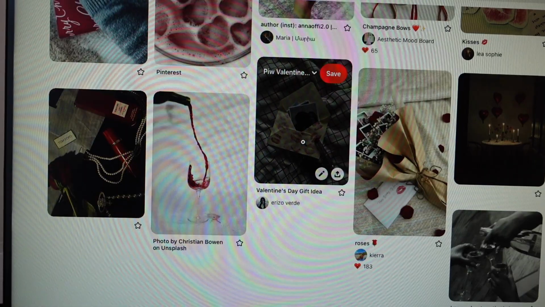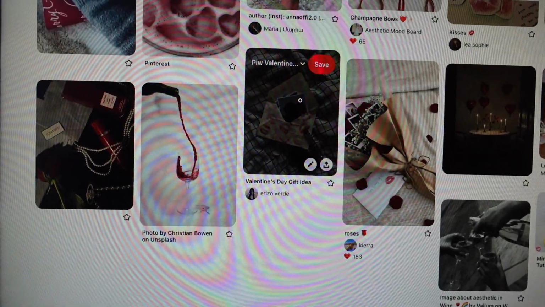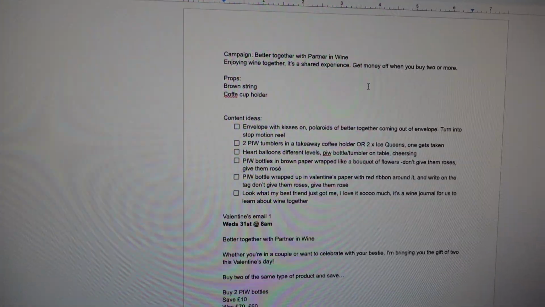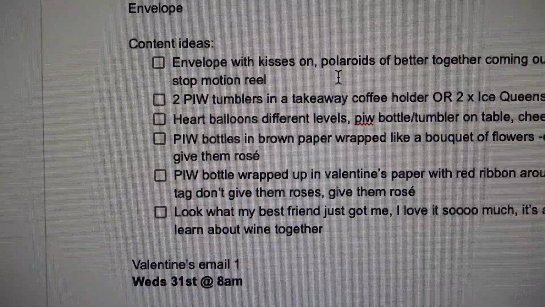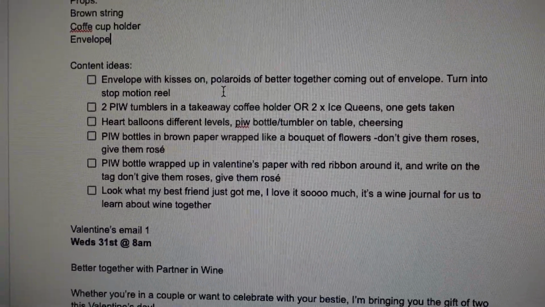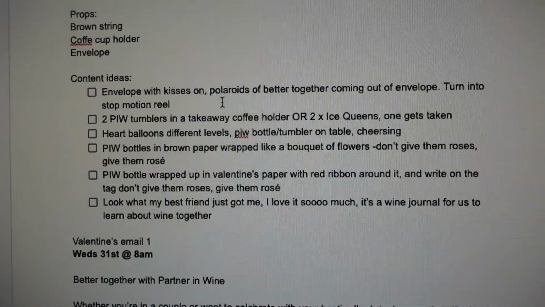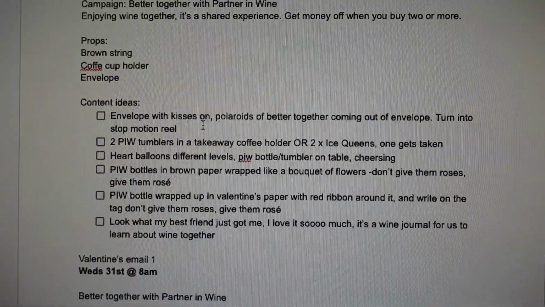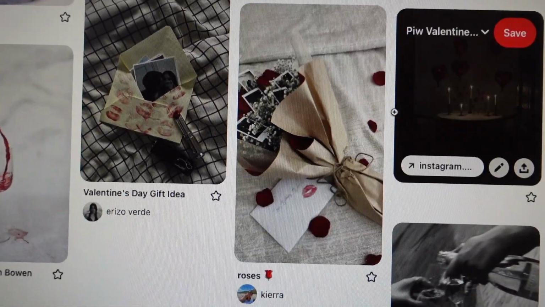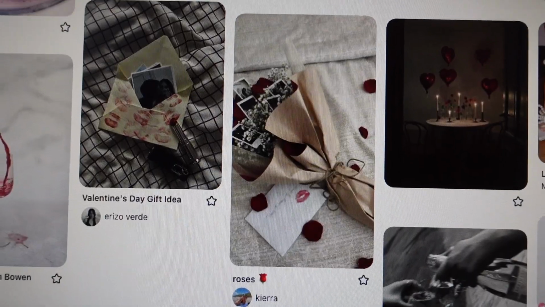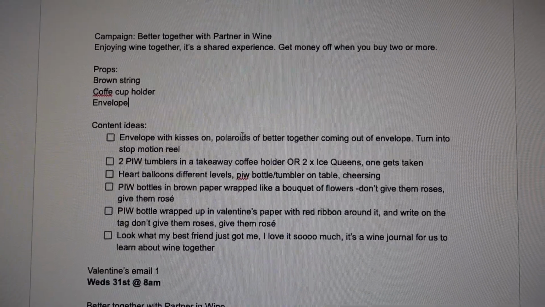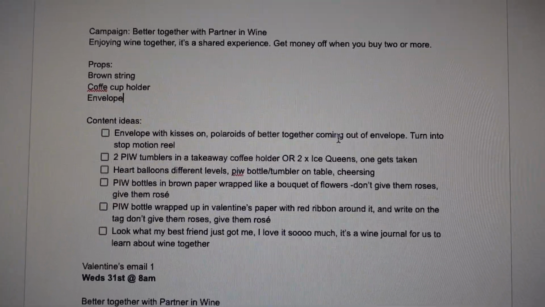So I don't need an envelope, but I'm going to write that on my list anyway, because when it comes to creating the content, it just means that I'll have everything in one place. And as you can see here, I've written all of the different content ideas that I want to use that this Pinterest board has inspired me to do. So for example, the bouquet here, making a bouquet of Partner in Wine bottles, I've written that here. So, and the envelope with kisses on, so I'm going to take some Polaroids of 2 products together,